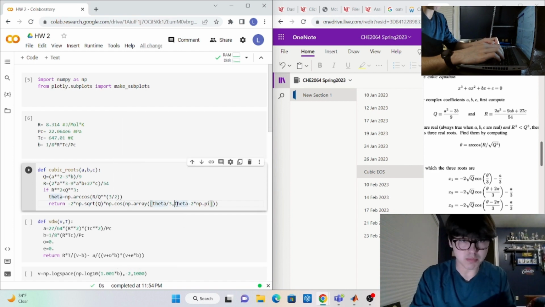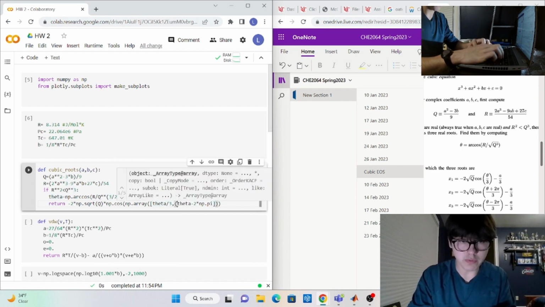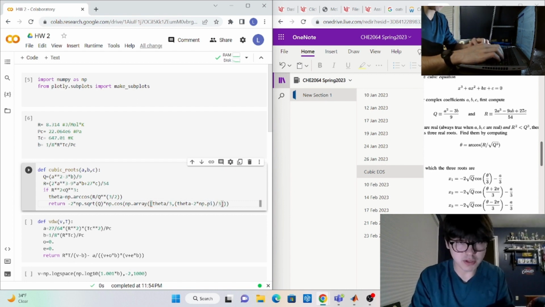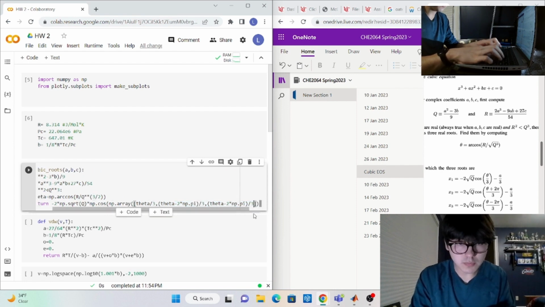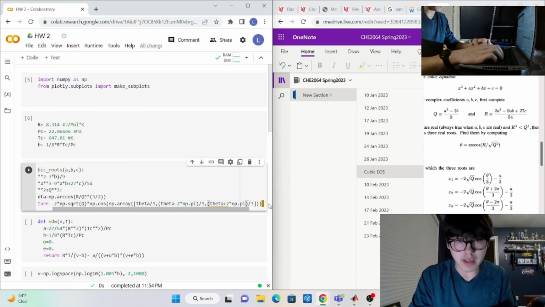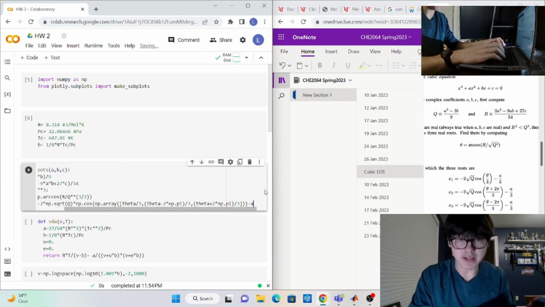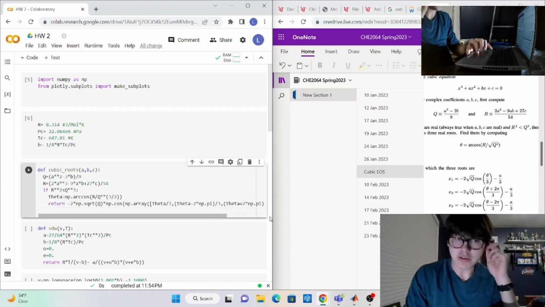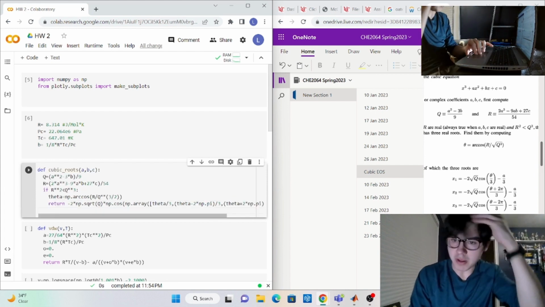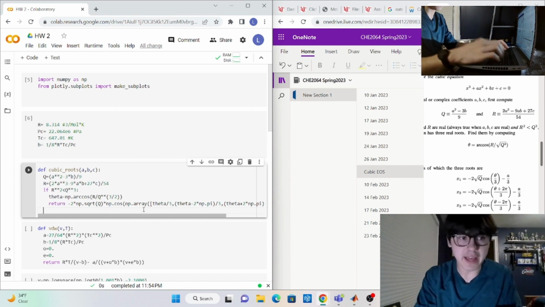I want to put this in parentheses because I don't trust order of operations here. Divided by 3, and I'm just going to copy and paste this for the third term, comma, plus 2 pi. And then each of those arrays are going to have minus a over 3 attached to them. So that takes care of the first case,